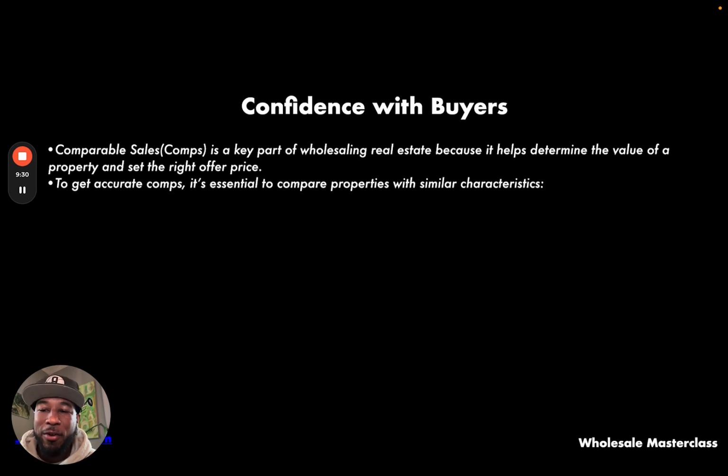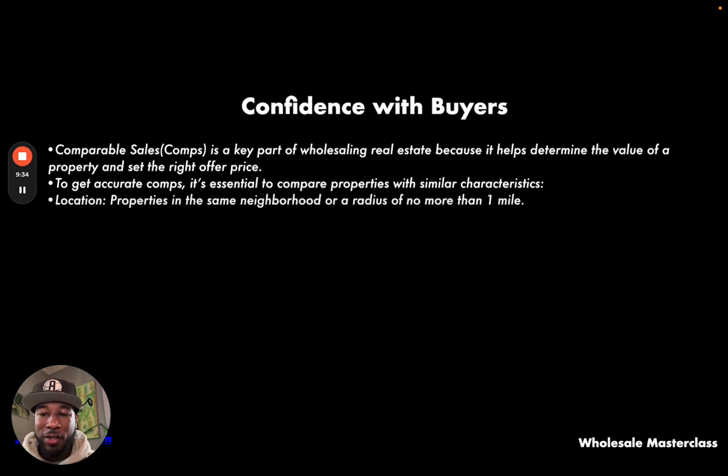So to get accurate comparables, it's essential to compare properties with similar characteristics. Location: properties in the same neighborhood or a radius of no more than a mile. So obviously the closer the better. To be honest with you, this should be a half mile. But if you're in a rural area and it's like cow country and cow town in the farmland somewhere, obviously, you're going to have to widen the aperture, widen the scope. But typically,